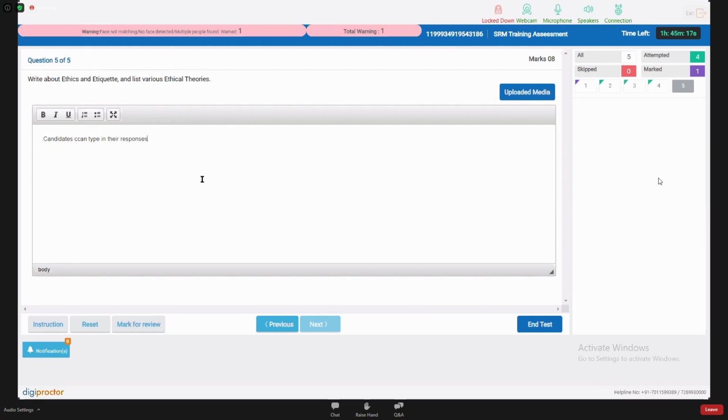Now, let me tell you about the DigiProctor upload application also. How does it work? What does it do? And how do you do the same? We have a provision where you can write your responses on a piece of paper, click the picture of the same and associate it directly with the test. I'll show you how the DigiProctor upload app screens look like and what the flow is. Right now, I am trying to upload one image into the test and just show you how it works.